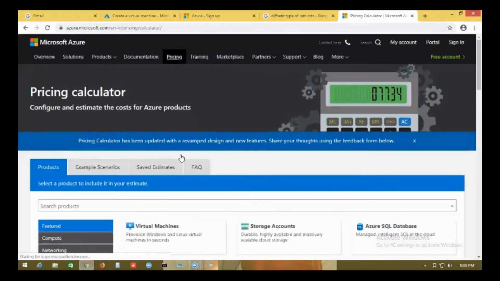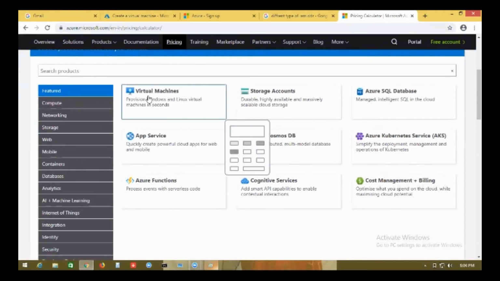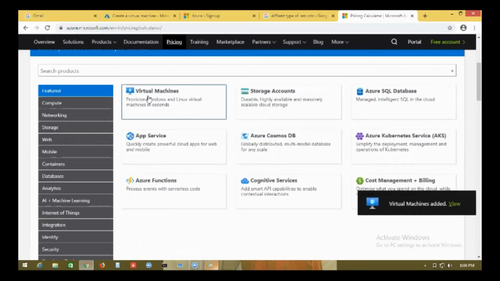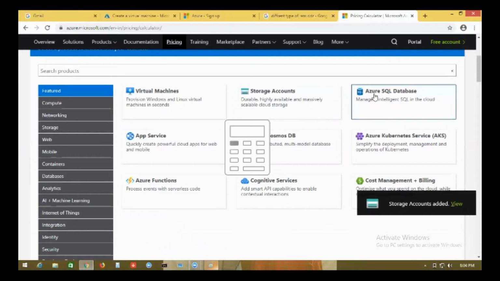Let's say, for an example, in this calculator I am going to use the virtual machine, here I am going to use the storage. This is what I am planning, and I am going to use the database, SQL database. So just click.